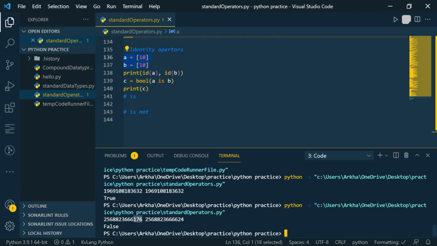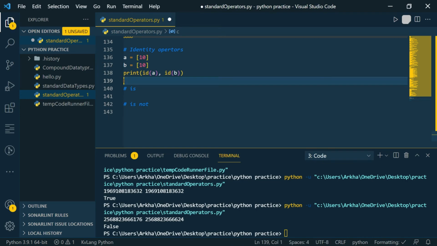You can see here is 126 and here is 624. I'll not read the whole ID. So our bool method will return false as the IDs are changed. Hope you have understood the working of the is operator. Oh, I am sorry, I wrote it here. I should have written this here.